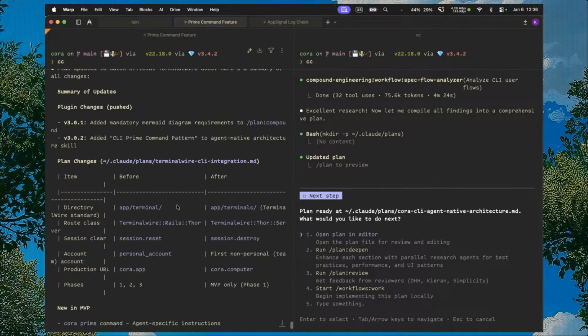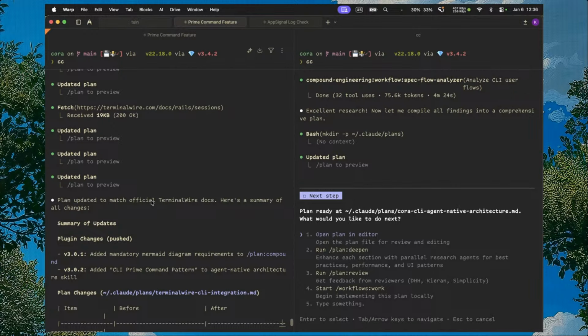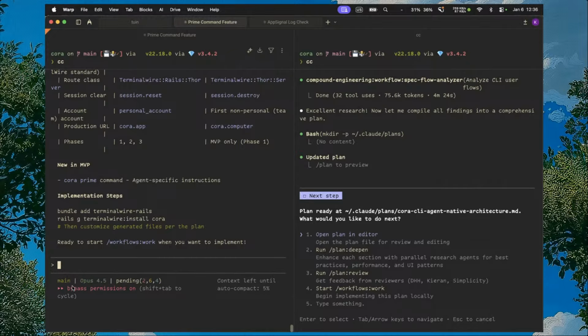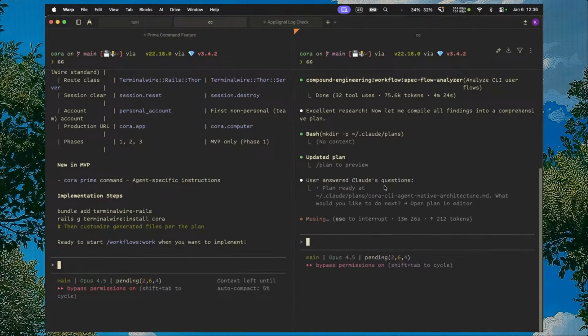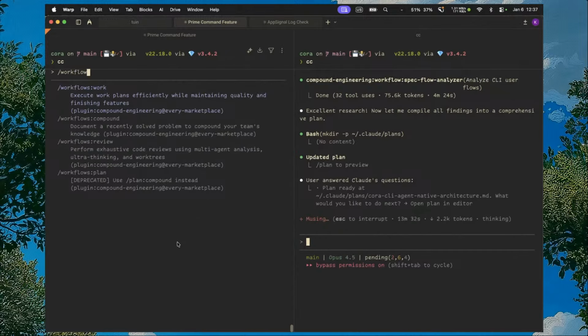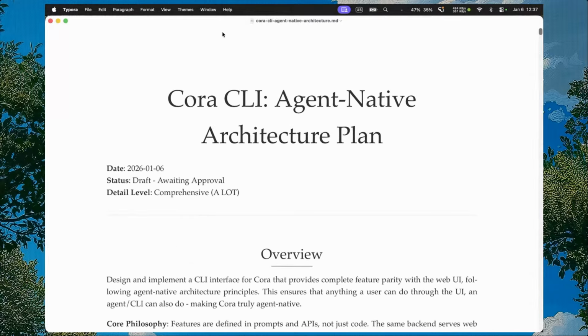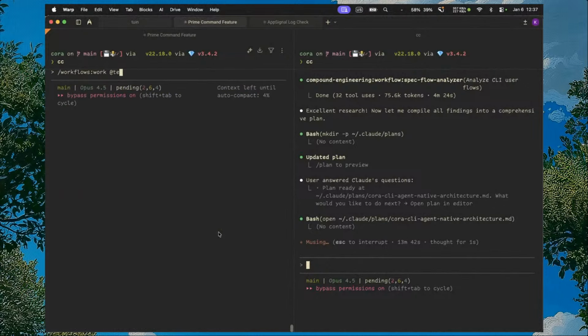Okay, cool. Plan here, summarize. Okay, edit. Okay, good. Okay, let's then open this plan now and let's start working. So workflows, work. This one was terminal wire CLI. So I can say terminal wire